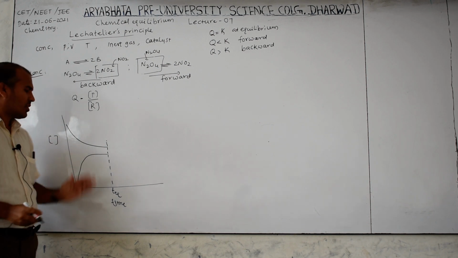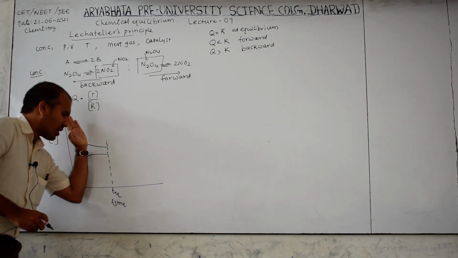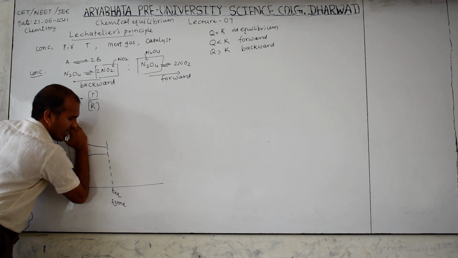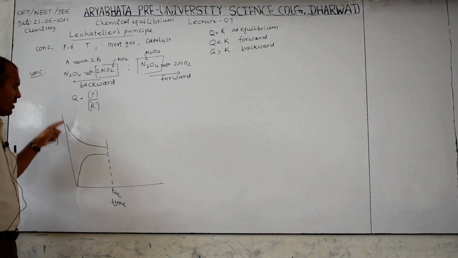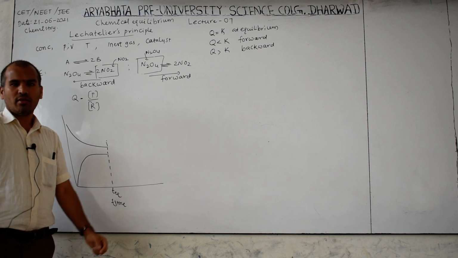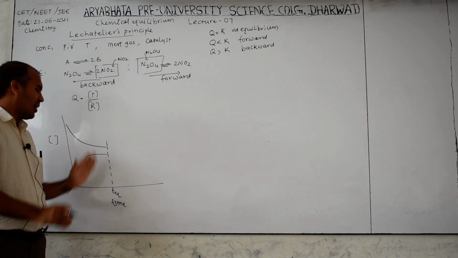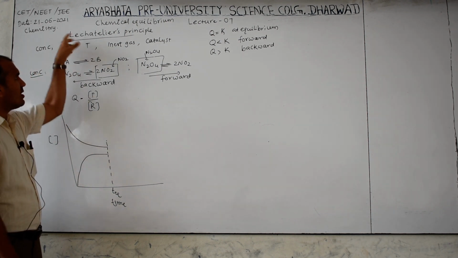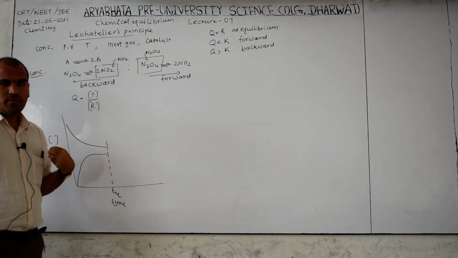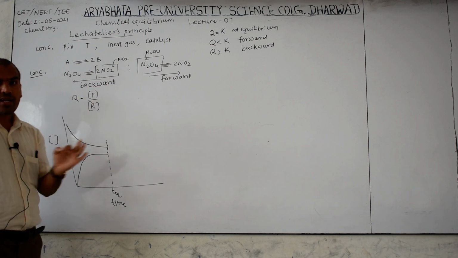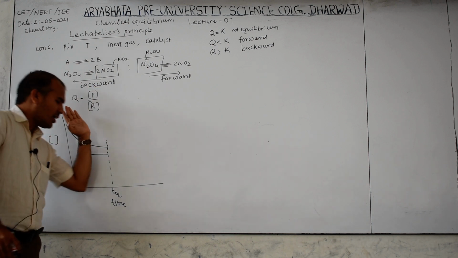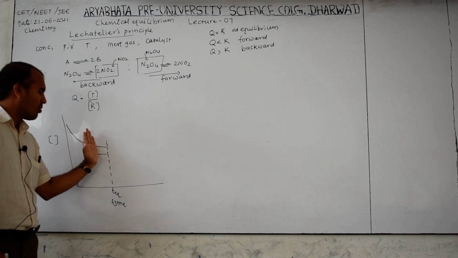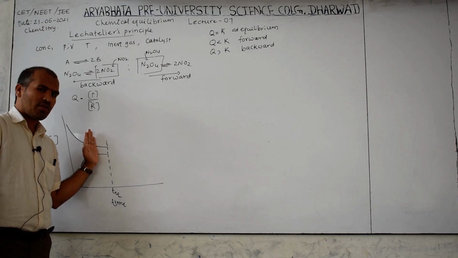In some books, this is not given directly; from here onwards the Y axis may be given. See, already it is set at equilibrium, so this decrease and increase may not be given. Clear? Directly they will give equilibrium. Why will they give equilibrium? Because of the Le-Chatelier principle, whatever change we are applying, we apply at equilibrium. So already it is set at equilibrium, and on this we are applying the change. Therefore, they may give from this onwards also.